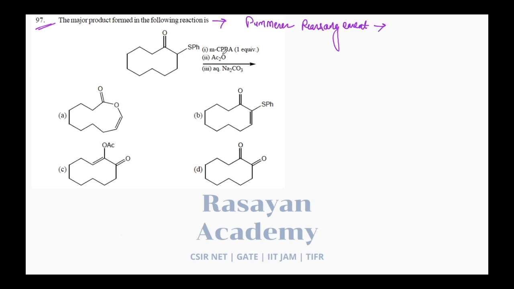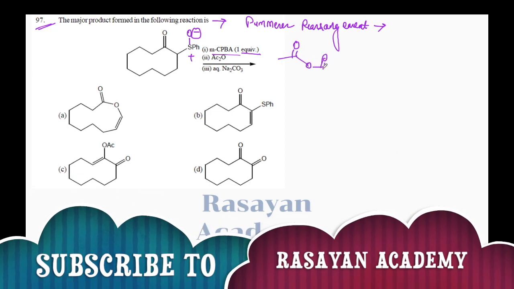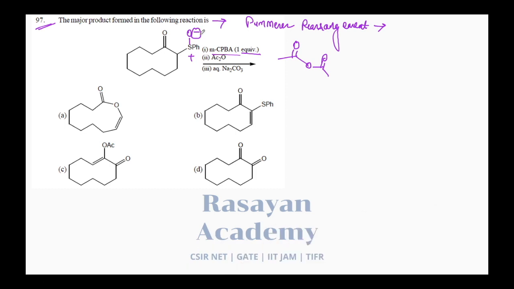And what are you going to do? First of all, metachloroperbenzoic acid is going to cause the heteroatom oxidation. I'm directly writing it over here only. The first step, one equivalent metachloroperbenzoic acid gives the heteroatom oxidation. Now this oxygen is going to attack on the acetic anhydride in this way